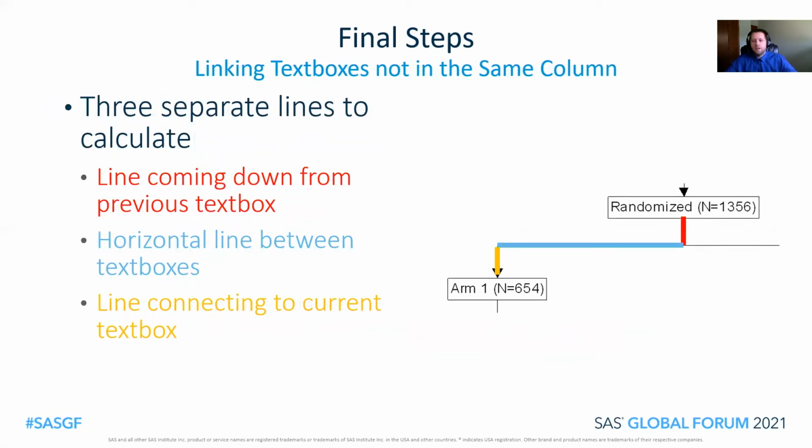Linking text boxes that are not in the same column, I just have to make 3 lines. So again, I find the midpoint here, I find the guess bottom of this box, I go from the guess bottom down to that midpoint, make a second line that goes the horizontal space between these two, and then I make one other line that goes down. Some people might prefer just to have a straight line that goes from here to here diagonally. I've kind of found that I like the rectangular look a little bit better.